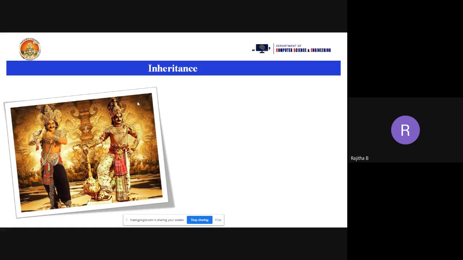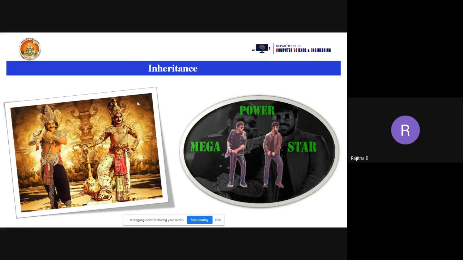So junior NTR inherits the properties of senior NTR here. Whatever features senior NTR has, the dialogue delivery or structure, are inherited into junior NTR. So we can see both the style and dialogue delivery may be the same. Take the megastar Chiranjeevi and Ram Charan: the dance style is the same. Why? Because Ram Charan inherits the properties of Chiranjeevi, the style, dance style or pose. So Ram Charan and junior NTR inherit the properties of their father or grandfather. That is the inheritance concept here.